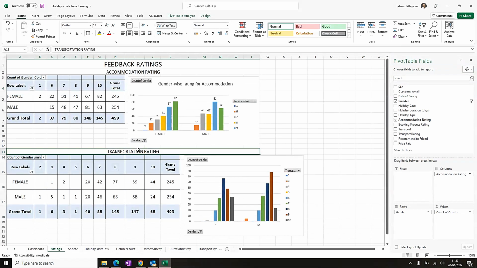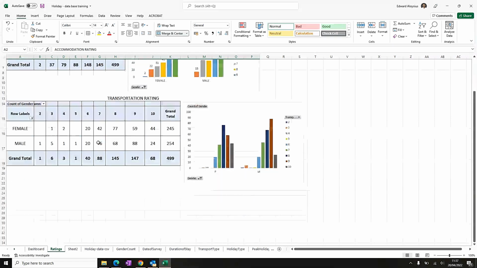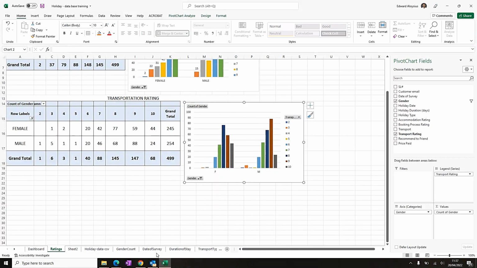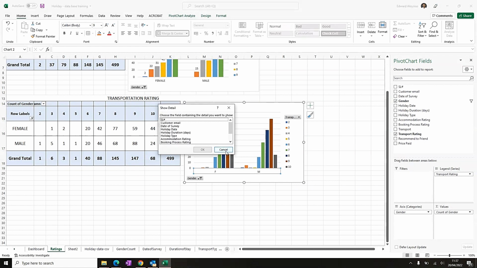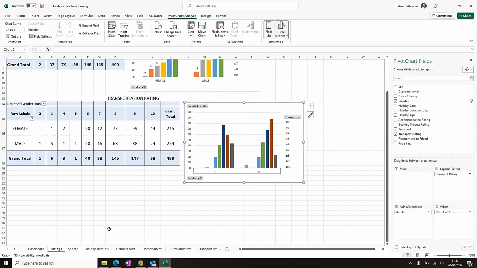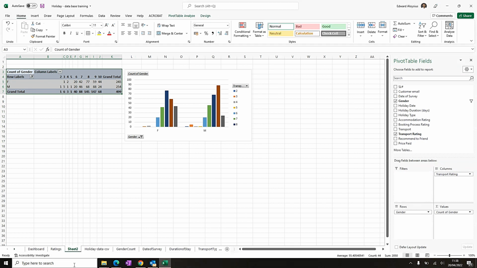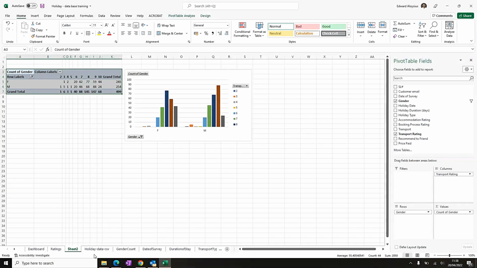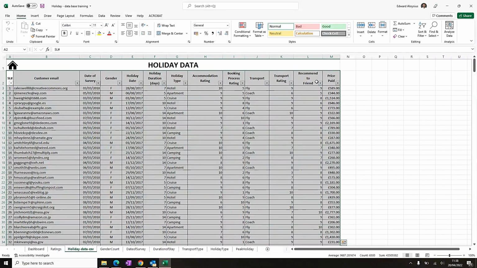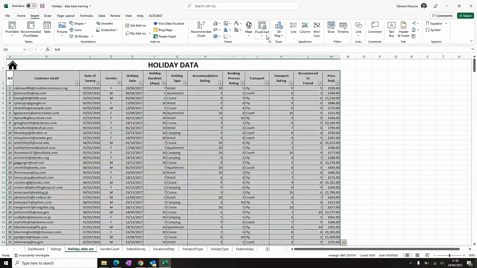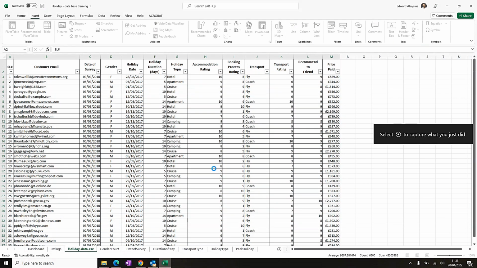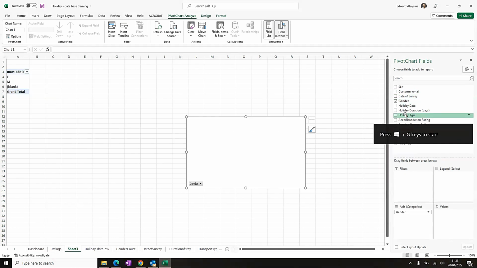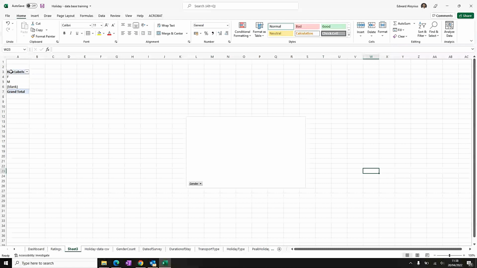Okay, so now we have transportation rating, accommodation rating. Yeah, and this page we can delete, because we've copied this data into the rating sheet, so we can just delete this one. Okay, next we'll go into the recommendation to a friend. So insert, I have a chart. Okay, and likewise the same gender, and